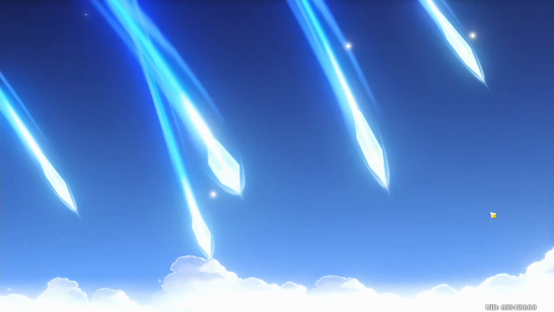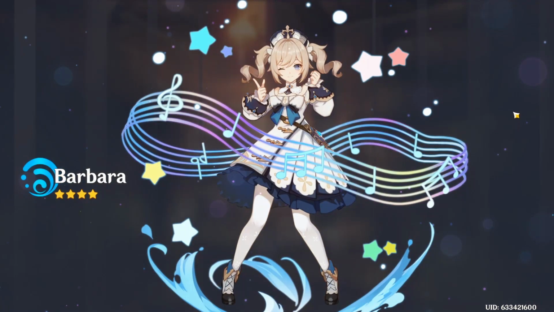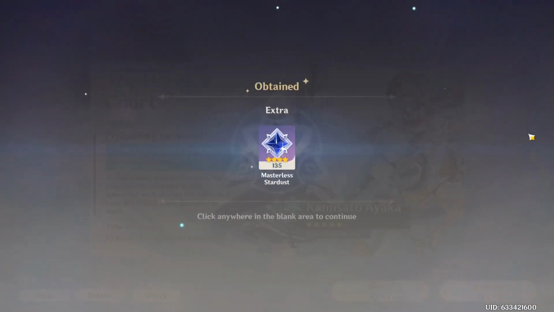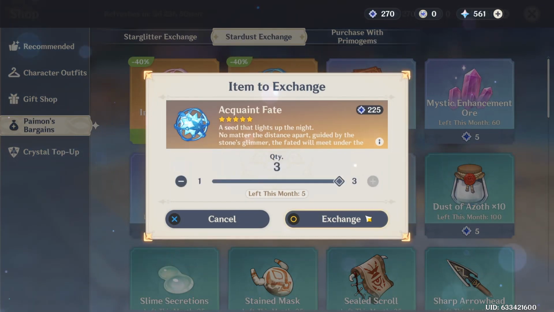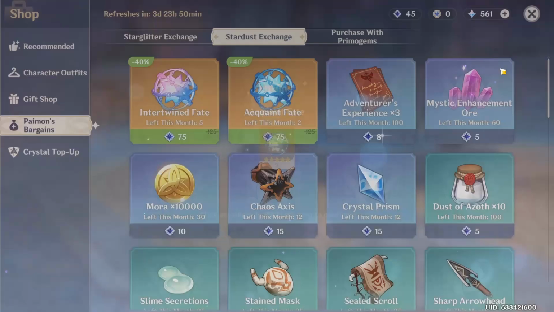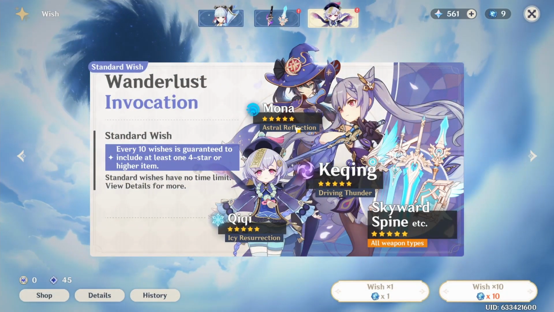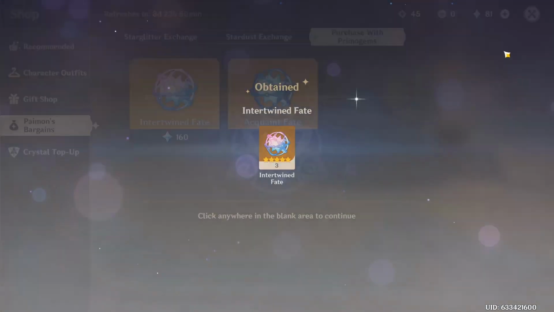One of the big appeals of this game is the ability to use characters that you like, especially on story content, and you can't play with characters you haven't unlocked yet. In my case, I had enough Stardust to buy 3 more Acquaint Fates, bringing my total up to 9. Since you're only guaranteed a 4-star character or weapon in every 10 wishes, I used Primogems to purchase Intertwined Fates and wish on the limited banner until I had enough Stardust to buy the 10th Acquaint Fate. And then,